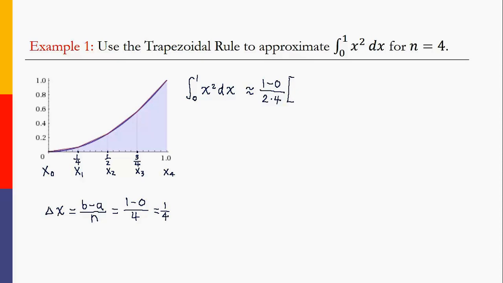Since f is x squared, it will be 0 squared plus 2 times x sub 1, so (1/4) squared, plus 2 times x sub 2, (1/2) squared, plus 2 times x sub 3, (3/4) squared, plus the endpoint, 1 squared. Now if you plug this expression into your calculator, you will get the value 11 over 32, which is approximately